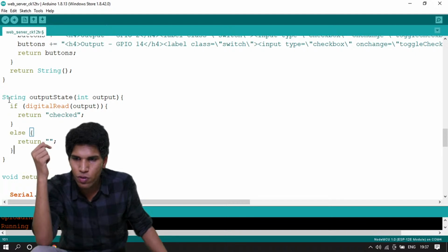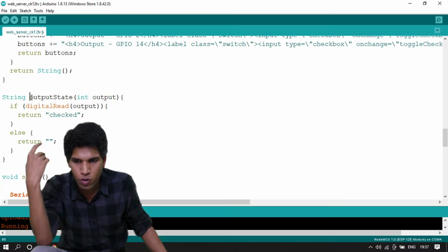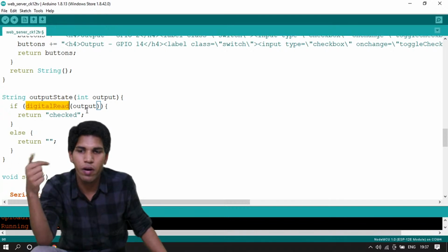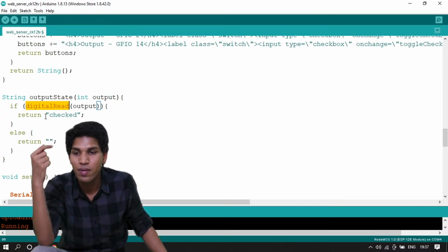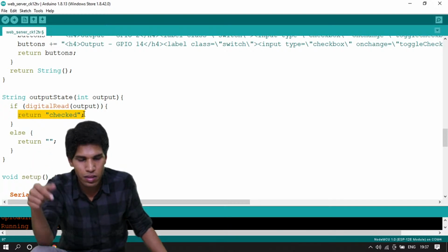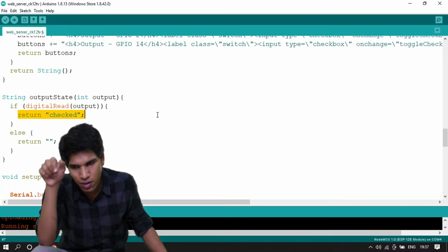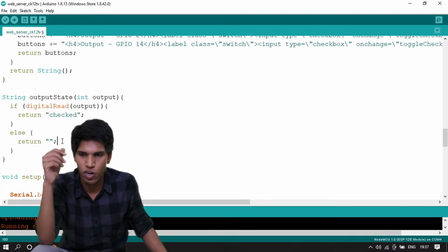This output state takes in the pin number and reads the value of that pin. If the data at that pin is high, then return checked, meaning the button is turned on. Otherwise it's false, so return an empty string.